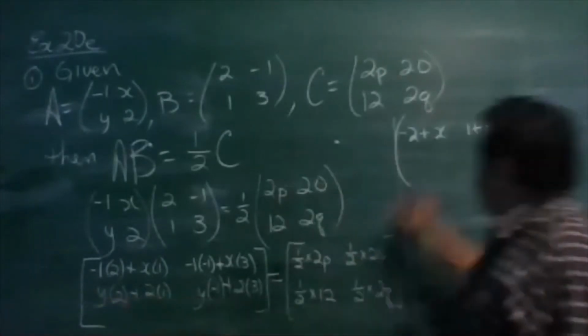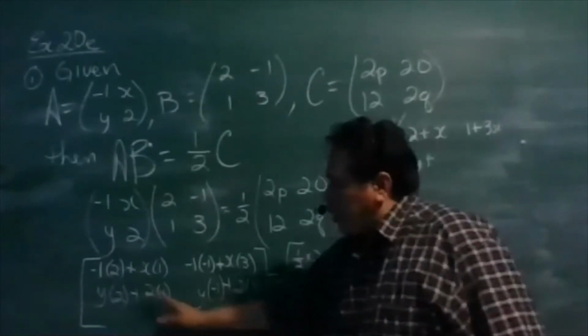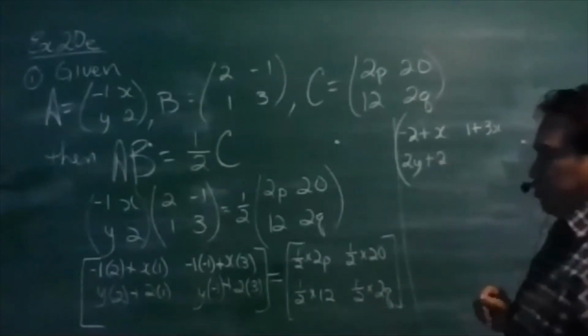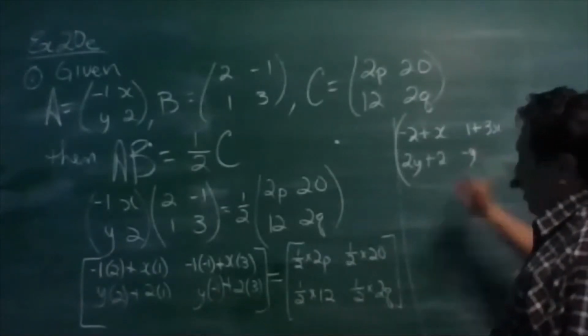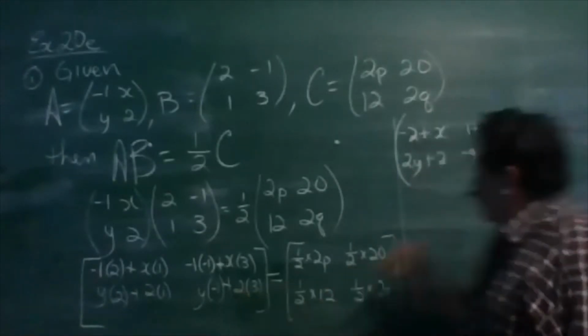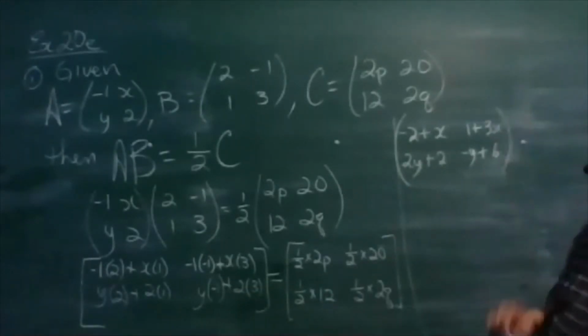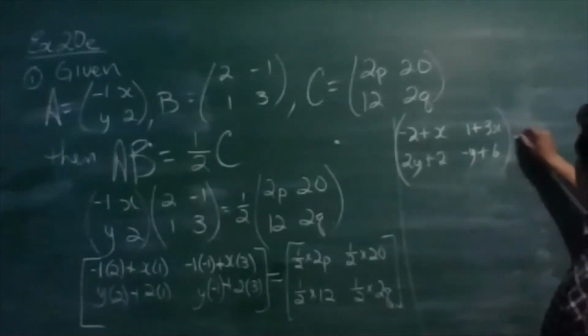Y times 2, that's 2y. Plus 2 times 1 is simply 2. Y times negative 1, that's a negative y. Plus 2 times 3 is 6. So that is the matrix multiplication there. Equals